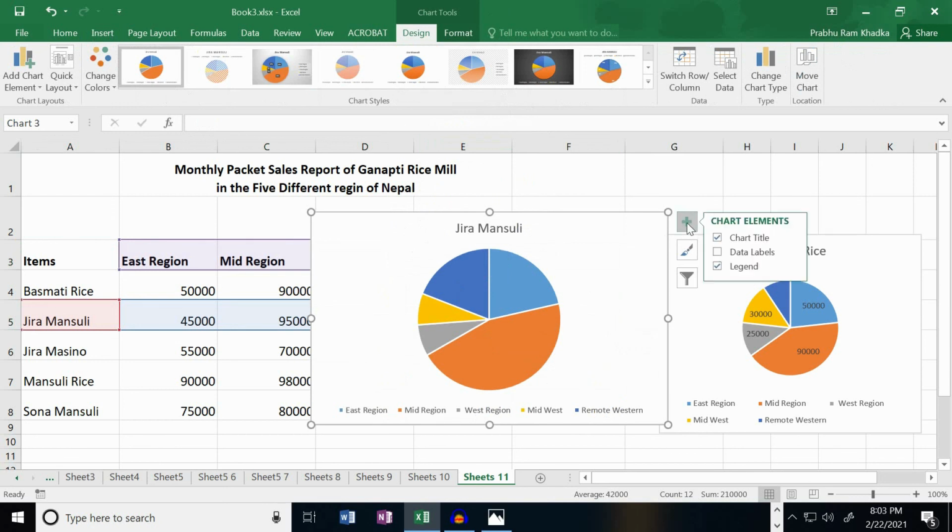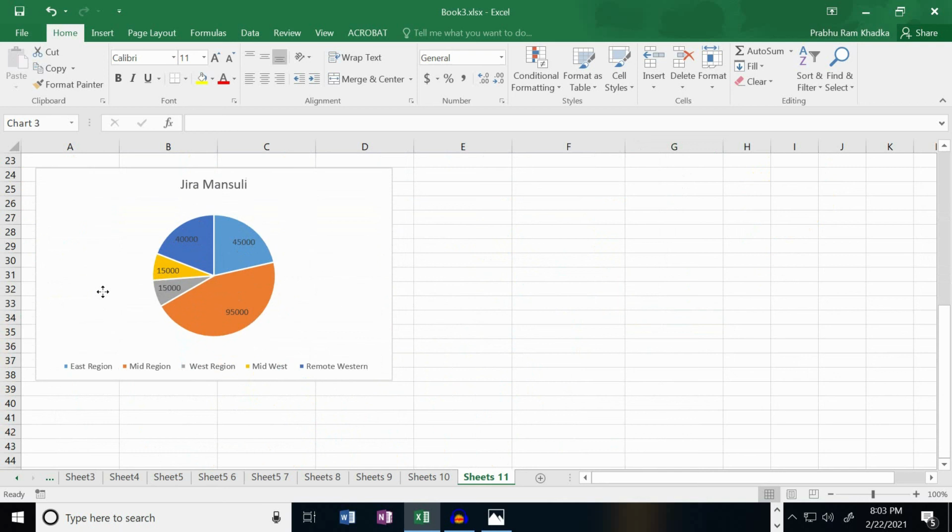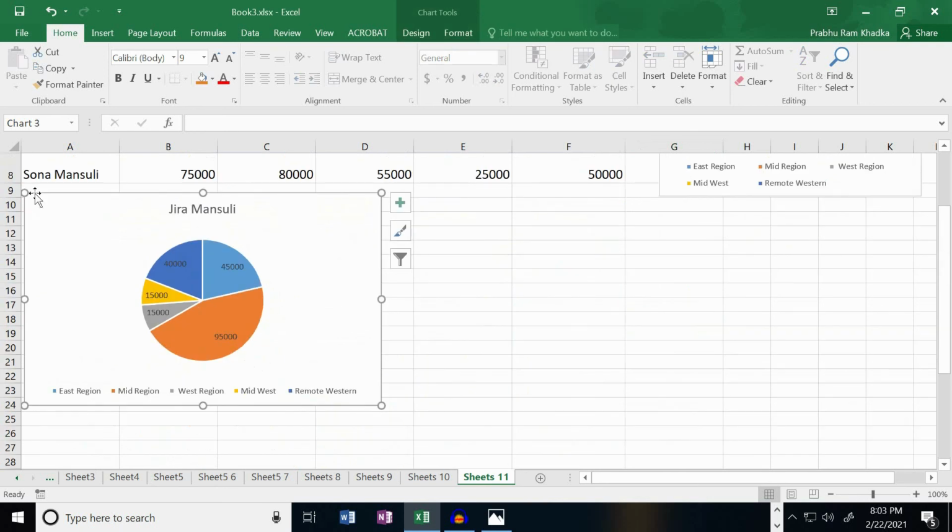Click over here, and chart title and legends are already selected. Select the data labels. Now click outside of this panel. Now move this chart to the right place. I like to move this chart over here. Now resize this chart using the resizing handle.